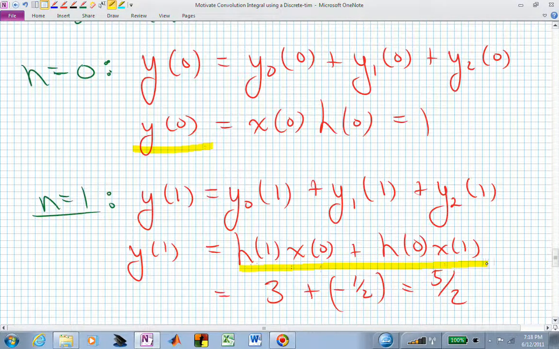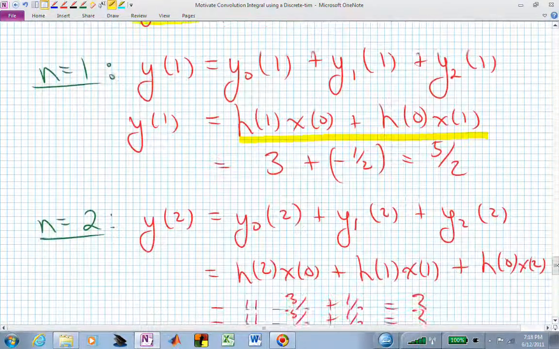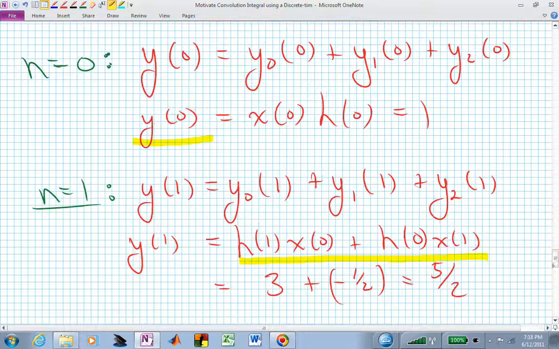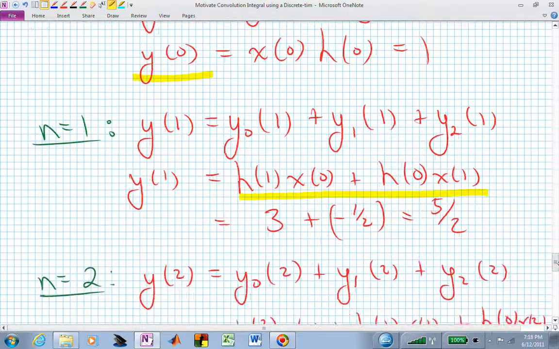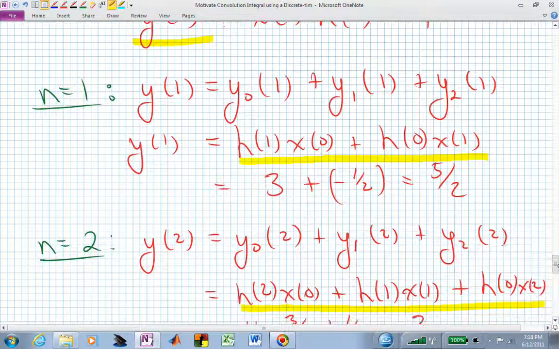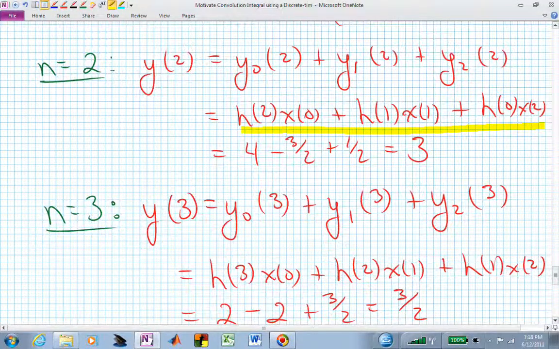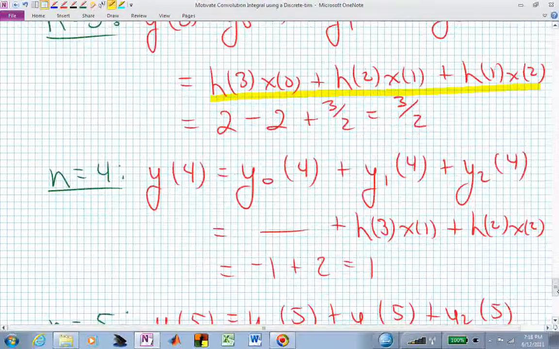Here's the piece due to y of 1. Here's the piece due to y of 2. And I hope you can see the pattern. Here's h0 x0. Here's h1 x0 plus h0 x1. h2 x0, h1 x1, h0 x2. Same pattern. h3 x0,